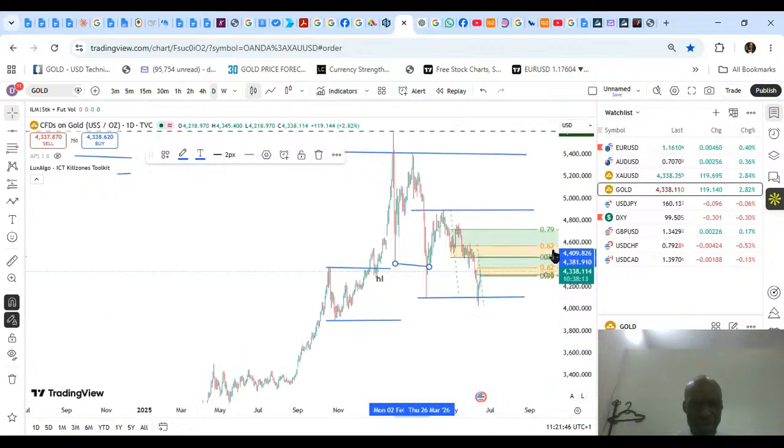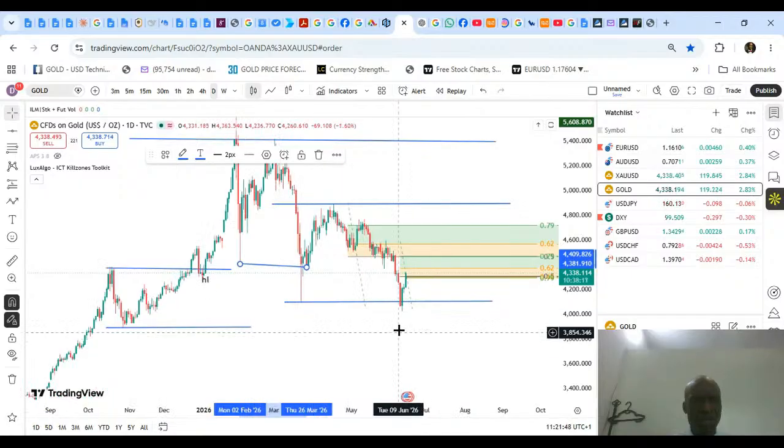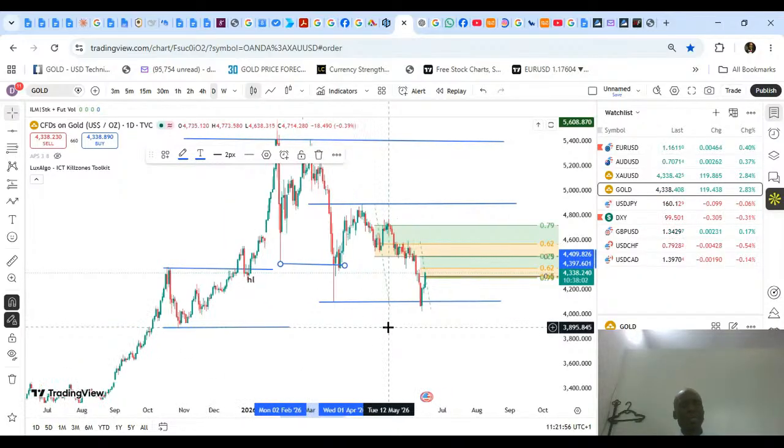Let me make it bigger so we see. So you can see there's a break of structure here. So based on this daily time frame, we can conclude that the market is on a downtrend. Now, based on the daily time frame, we need to know where to enter the market. So based on the fact that it is on a downtrend, it means that we should be looking for selling